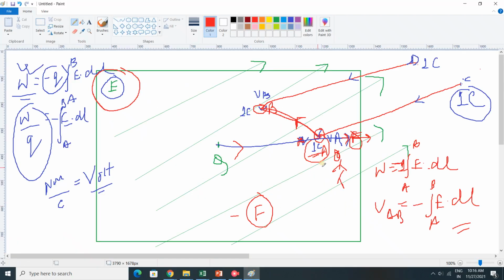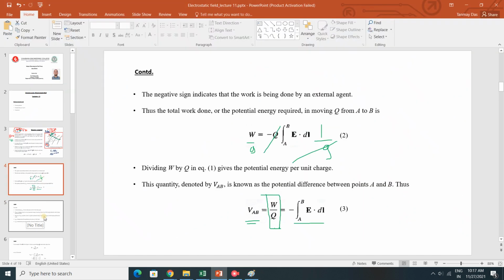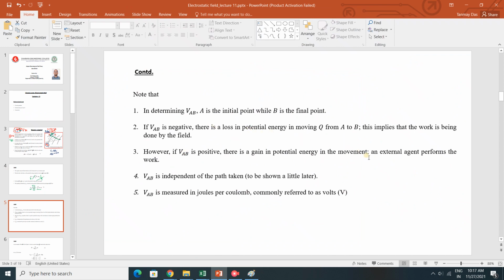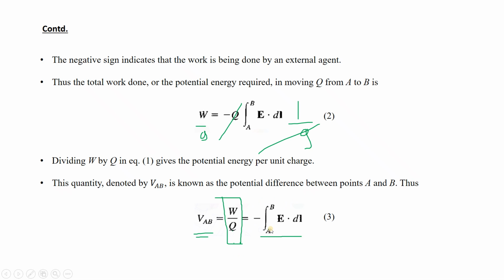That means when the work is done by the field, मतलब ये same work अगर Q करता, Q जो चार्ज है वो अगर करता, तो वो माइनस रहता पोटेंशियल डिफरेंस. Negative loss, this simple work done is done by the field. Okay, because in this particular case the potential difference is minus this one. ये expression है, this is the expression.